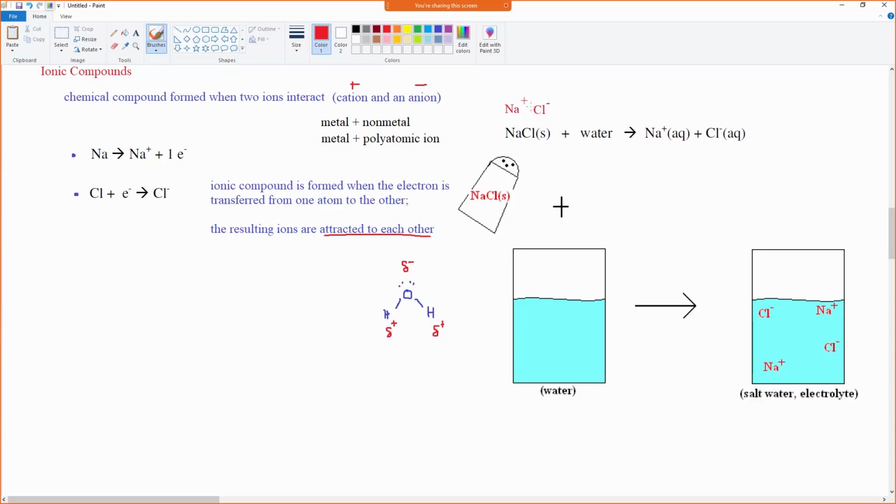So sodium is still more attracted to chloride, the chlorine ion, than it is to that partial negative charge, except for the fact that if you're in water, you are surrounded by water. So sodium has like 100 of these partial negative charges just pulling at it until it just can't